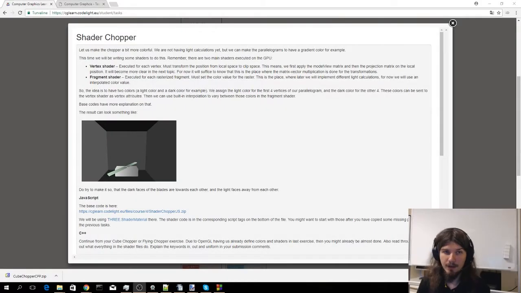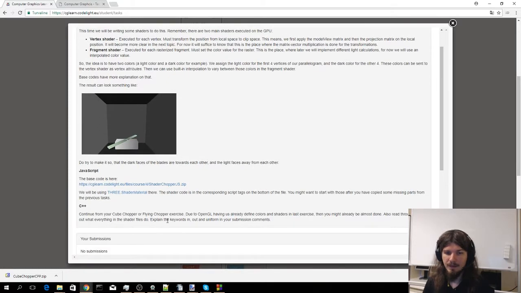So welcome to the computer graphics practice video, and in this task we'll be discussing the shader chopper. We'll try to make the chopper from the previous task have this gradient coloring. Now in C++